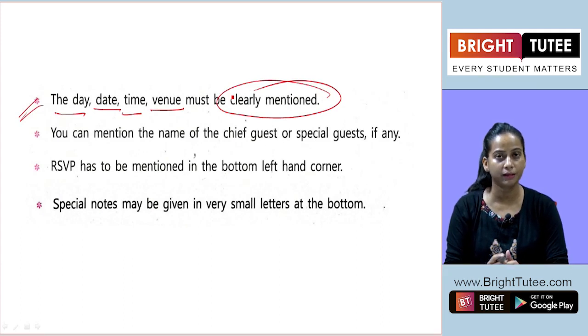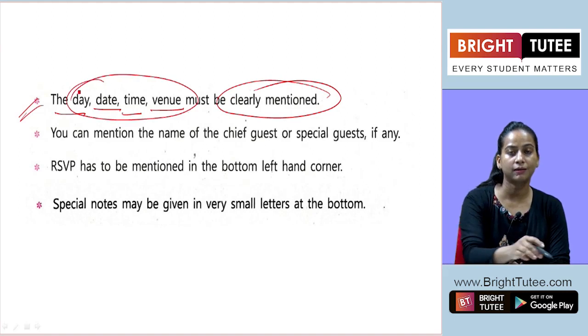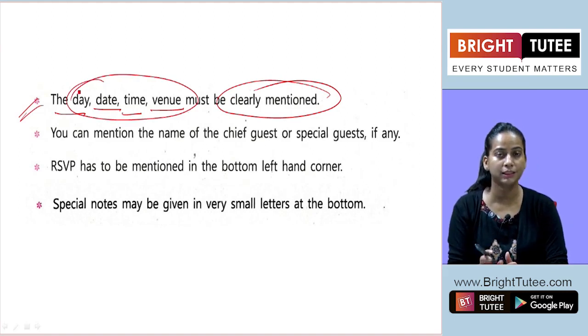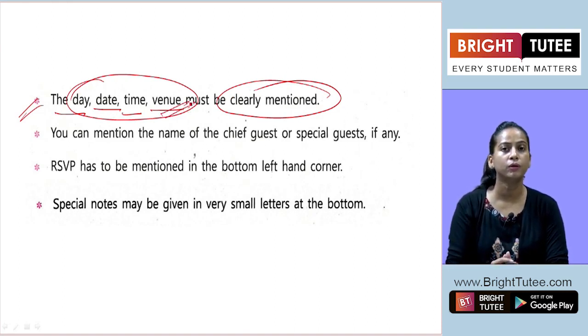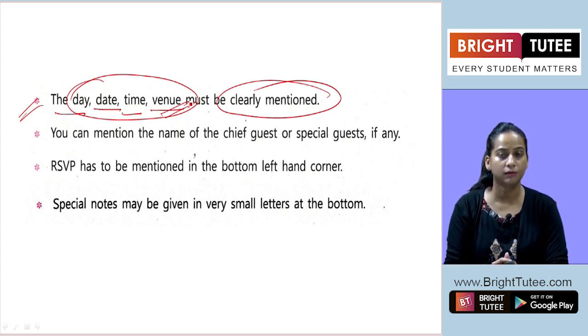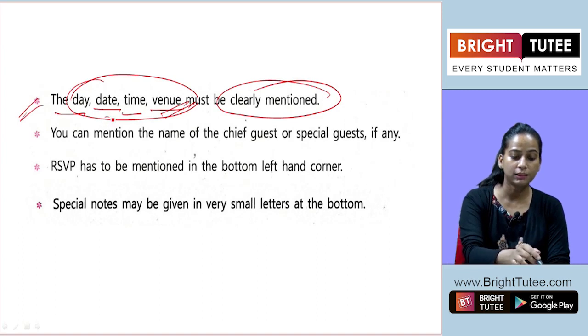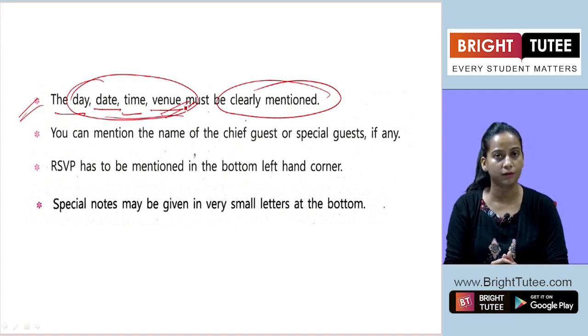If we talk about an example of the wedding card, you must have seen that all these things are clearly mentioned in that. When, what is the date of the wedding, what is the day of the wedding date, what is the timing, as well as the venue where you have to reach. And sometimes even nowadays the map is also given along with that, so that those who are receiving the invitation are not facing any sort of problem. So these are the very important details of the invitations. None of that you have to miss while you are writing an invitation.